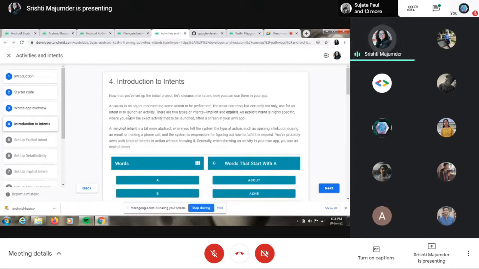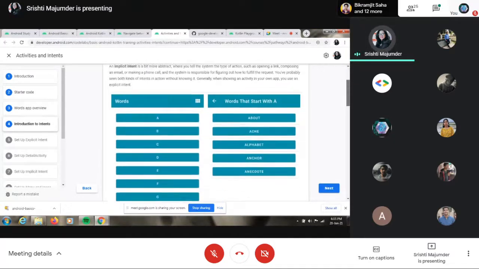In simple words, I can say explicit is kind of an extrovert. The explicit does all the work in the front, and whatever explicit is doing, you can see. And implicit is like an introvert. Implicit doesn't do much visible work, whatever it does is on its own, and you won't be able to see. But to be very honest, the implicit intent is the actual part of the entire app. It does all the main work.